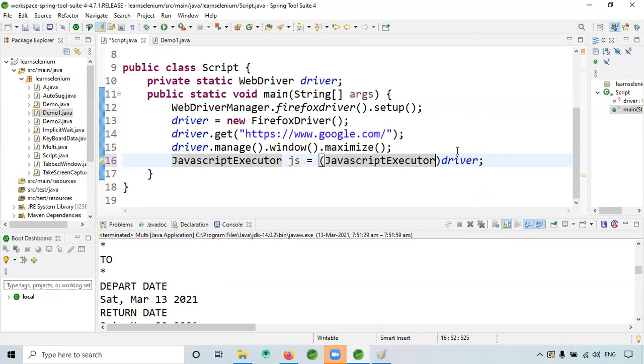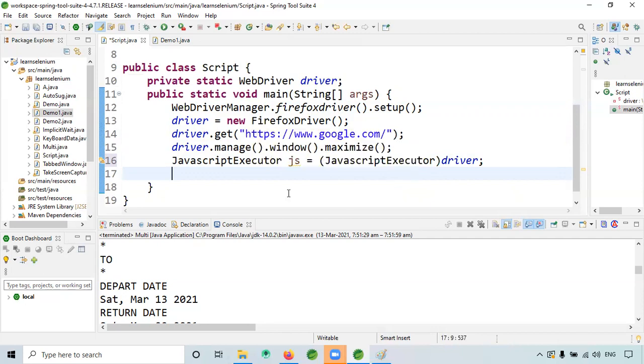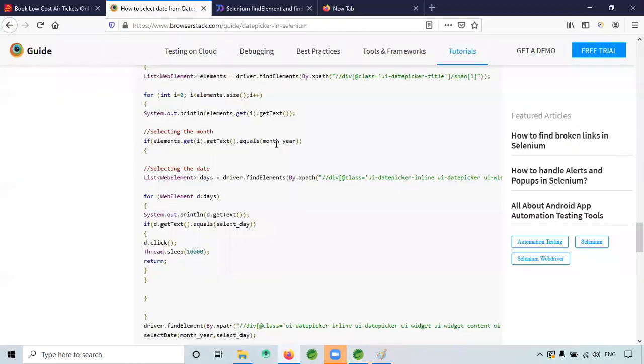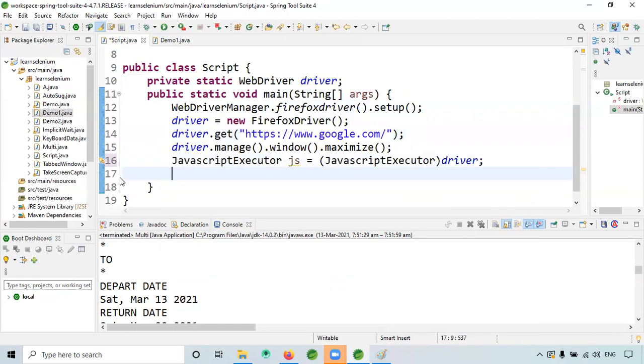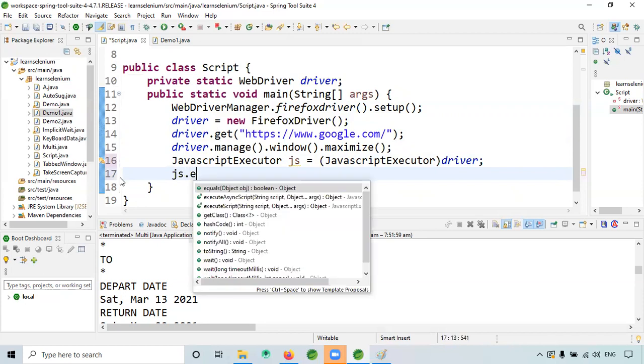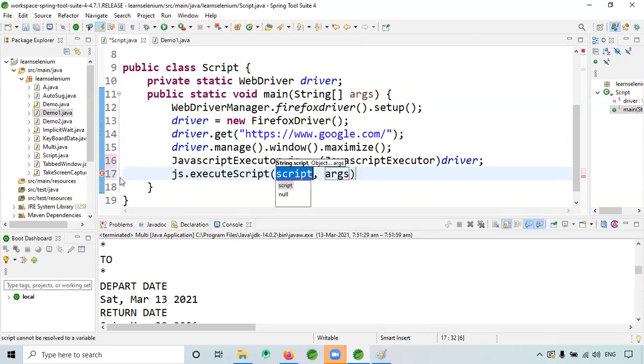Okay, so now we have google.com, right? Now for google.com, I want one alert to be displayed. You know what an alert is, right? I will show you. So here, for the alert box, I will give js dot execute script like this. So here I will give like